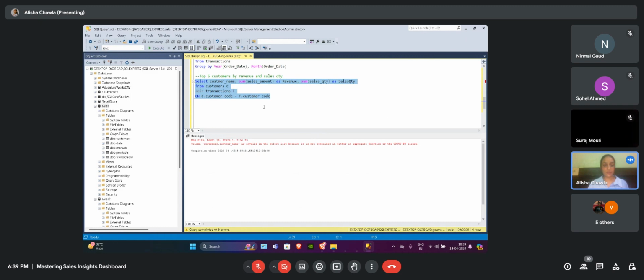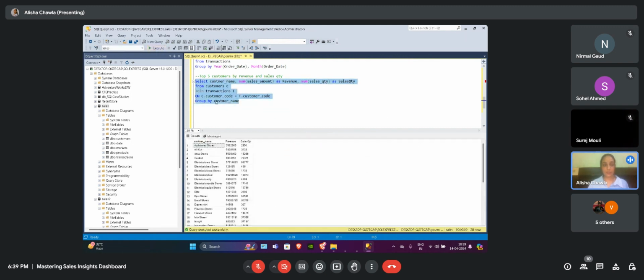First, we do have all of this data. We have to group by customer name because that is a non-aggregated column which needs to be put in the group by. Here we have our data. So we do have a customer name, we have revenue and sales quantity corresponding to that customer name.